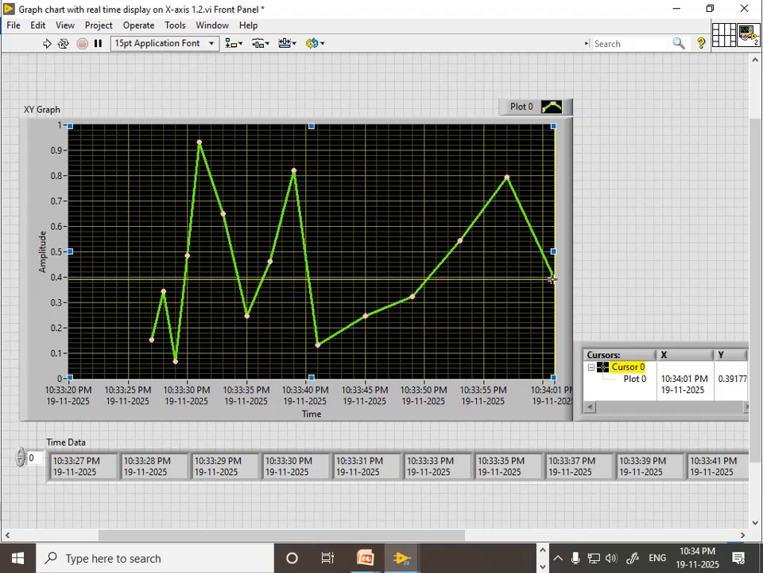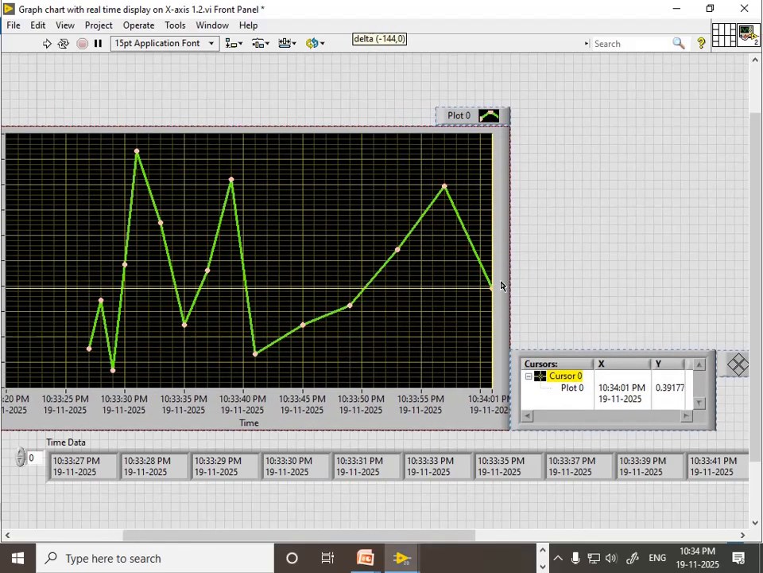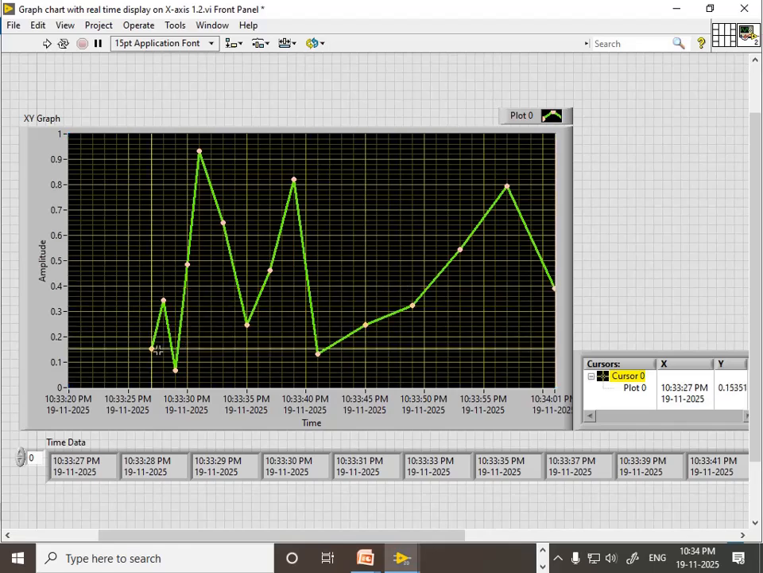Now let's see what is the data. So the first data is over here. So this data is coming at 10:33, 27th second, then 28th second, 29th second, 30th second, 31st second, then 33rd second now, because 5 data has been plotted. Now next data is plotted at the 33rd second,